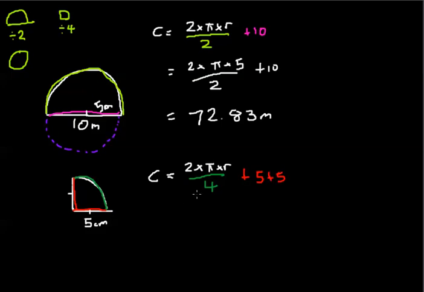So we start solving this one now. Now the circumference is equal to 2 times pi times r. Now r was the radius, and they've actually given us the radius in this one. But you can imagine this is a full circle going around like that. So they've actually just given us the radius as it is, which is 5. Divide that by 4 plus the 5 plus 5, which really is just plus 10. Put that into your calculator and you'll get an answer of